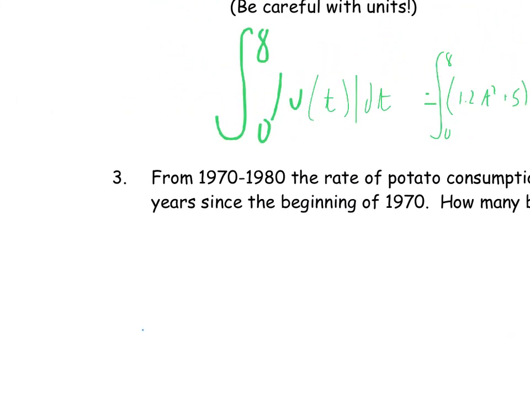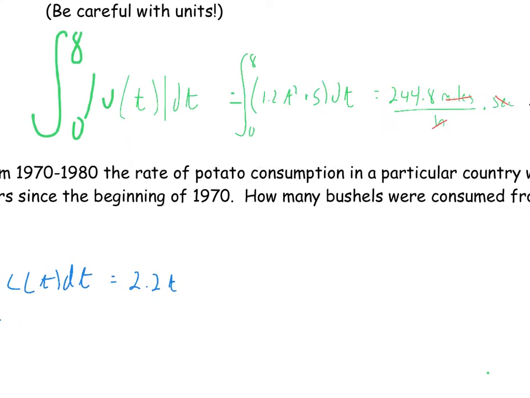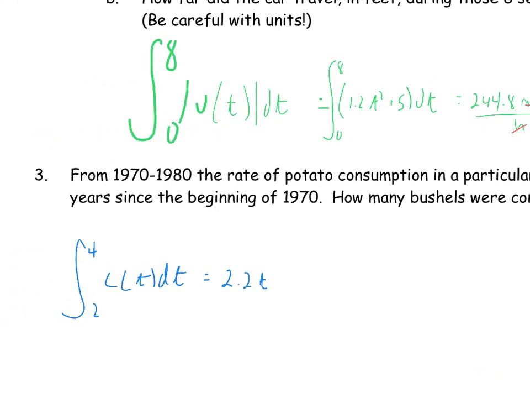So we can do the integral from 2 to 4 of, I'm just going to write c of t down here, which is the function, which equals, so the antiderivative is, for the constant 2.2 is just 2.2t. And remember, if it's an exponential, it's going to be 1.1 to the t divided by natural log of 1.1, because when you do the derivative